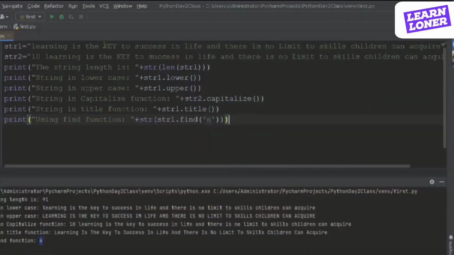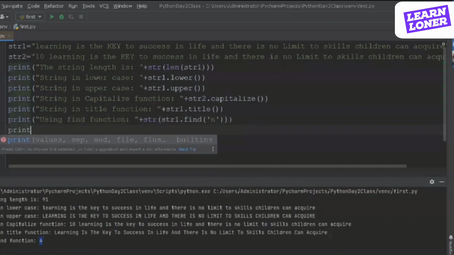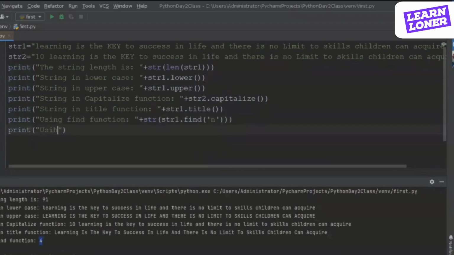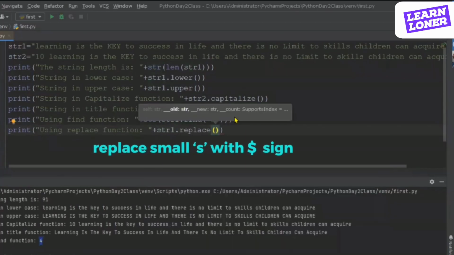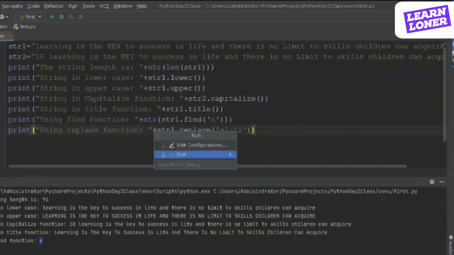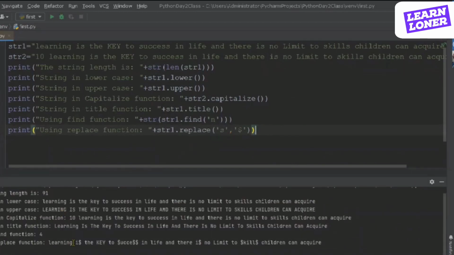Now, what if I want to replace this s everywhere with a capital S, for example? So let's say we are saying print, using the replace function. We use str1 dot replace. I'm giving here small s with, let's use a dollar sign, for replacing. Let's execute it. Wherever it finds s, it is replacing that character with a dollar sign, and it has